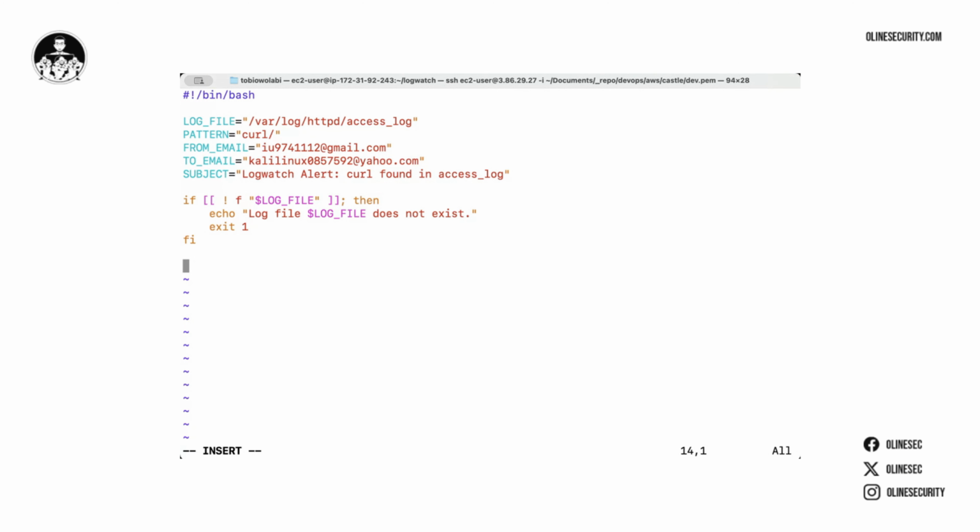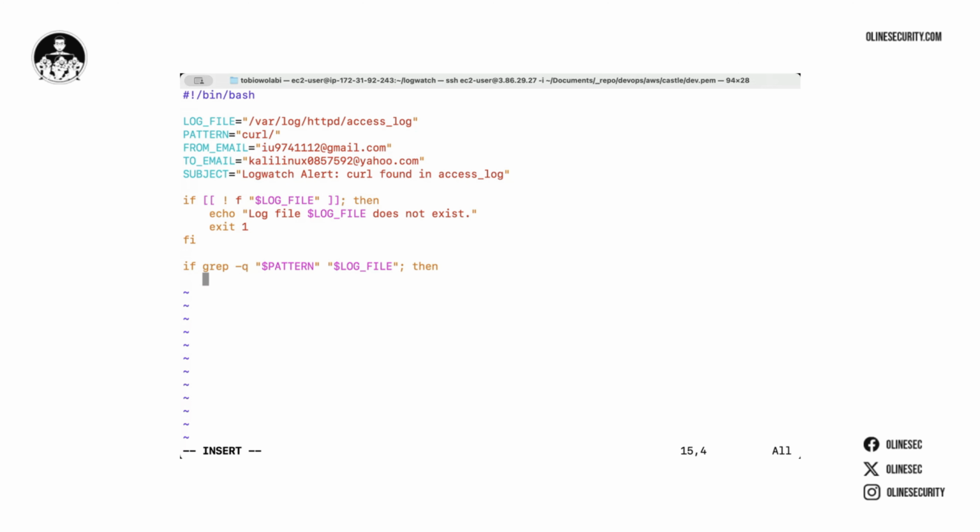Now another if statement. If grep -q. Grep, if you don't know what grep is, it's like a Control F. We're trying to search for something inside of a file. The q just silences it, all right? It's going to make it quiet so it's not spitting anything else to the screen. So if this pattern, which is right here, is detected inside of this log file, which is just another variable, then,